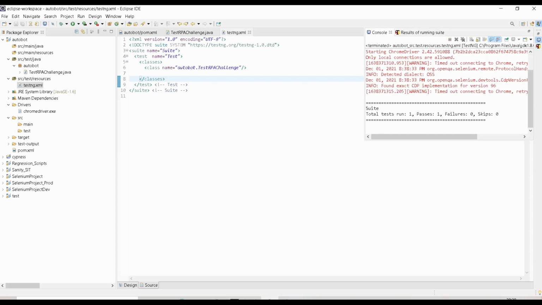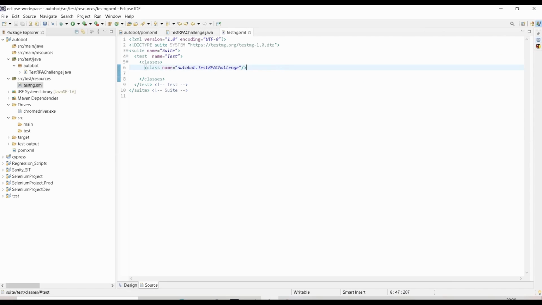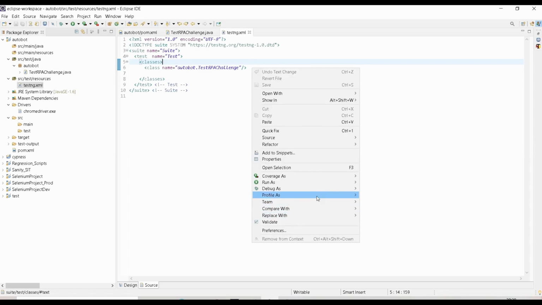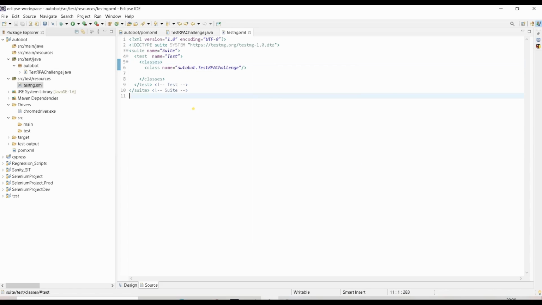Okay, so now run equal to 1, pass equal to 1. So our test case is passed. So we executed one test case and it is passed. Okay. So this is the benefit of using the testng. So you can create a testng.xml file where you can create your test suite and you can either use the testng command in the IDE, or if you want to execute it using the Maven,